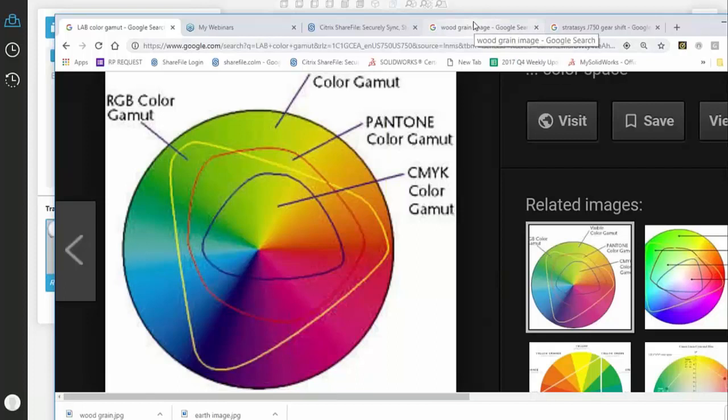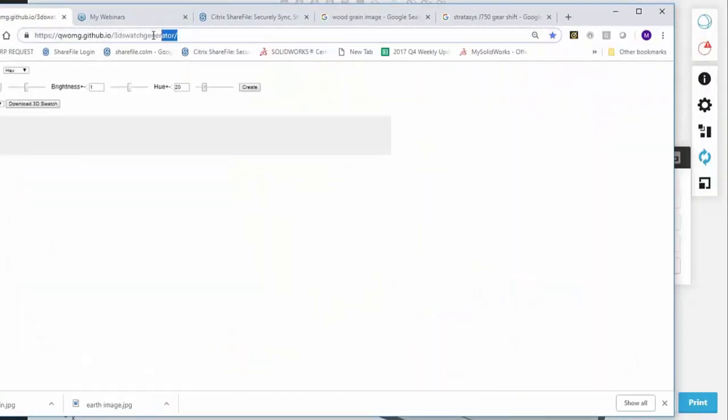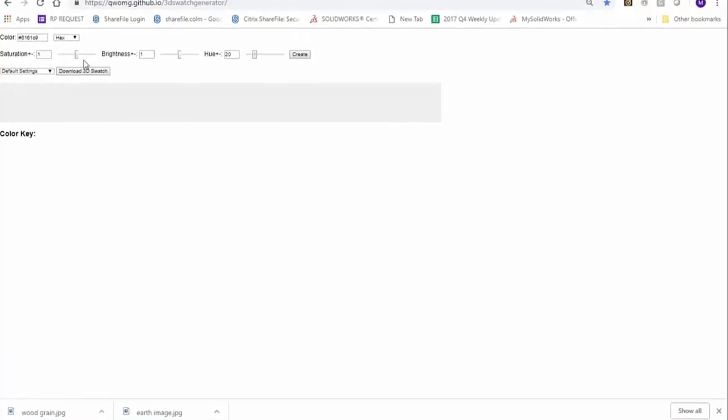With that, Stratasys made this pretty cool tool they're calling the color swatch generator. There's the link there. If you want to take a note here and write this down, you certainly can. After this presentation, if you email me, I'll send you the link. But the way this swatch generator works is we specify a color, whether it be hex value, LAB, RGB, some